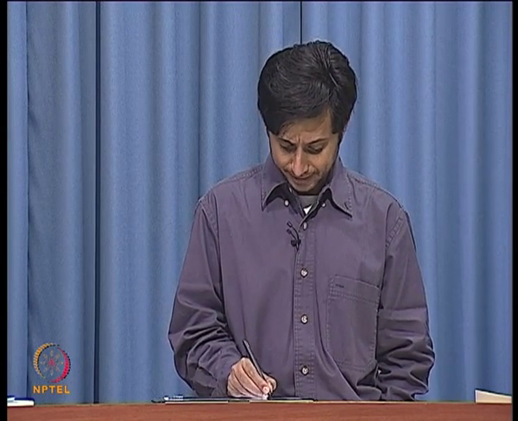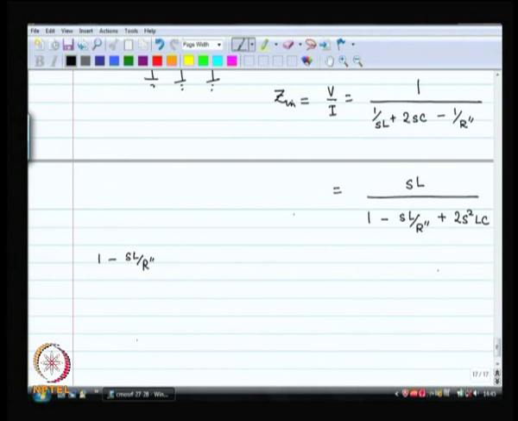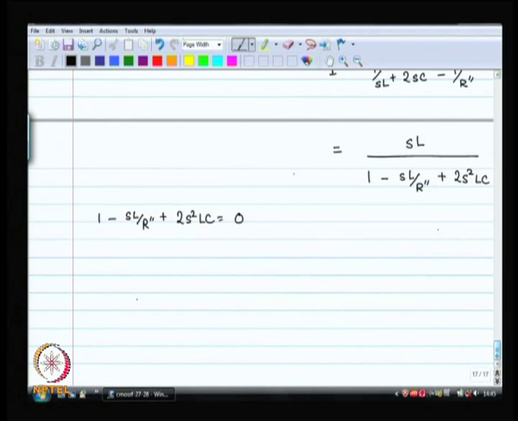Now, you want to know exactly where they are? Okay. So, you equate 1 minus S L by R double prime, this is not really a meaningful exercise, but just check it out, is equal to 0 means S is equal to